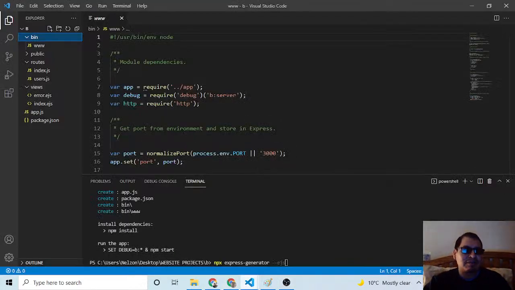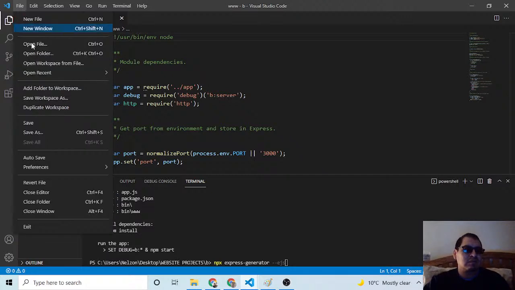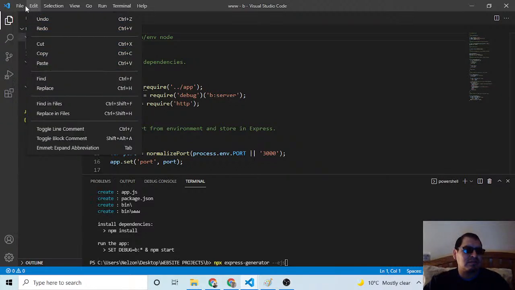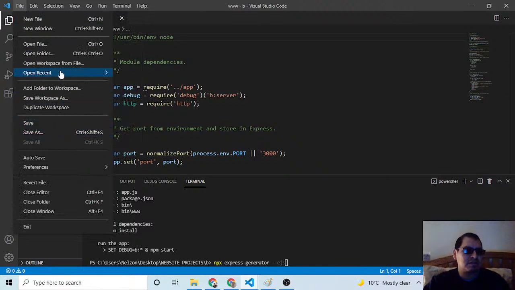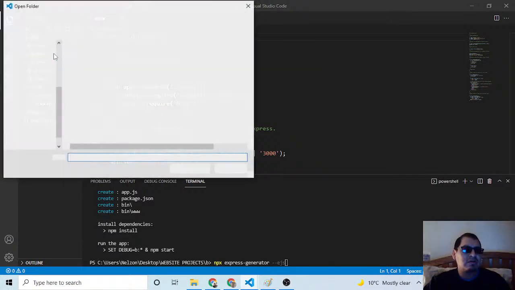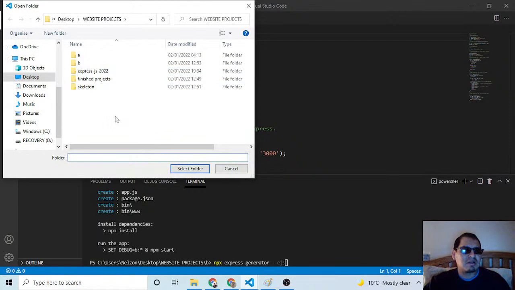Where am I? Okay, so let me start another. Let me start an EJS. Let me just put EJS. Okay, so what I'm gonna do is, in order for me to go for an EJS, open folder. I'm going to create another similar like that.